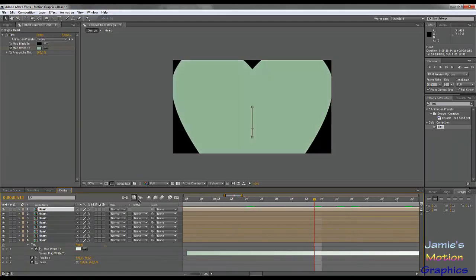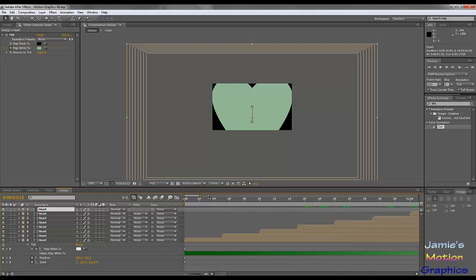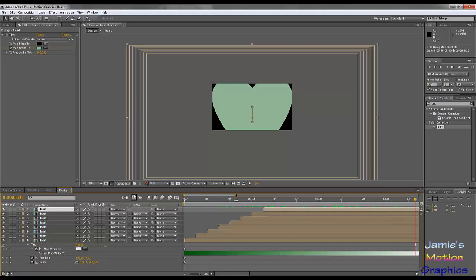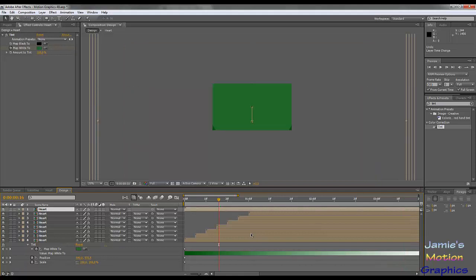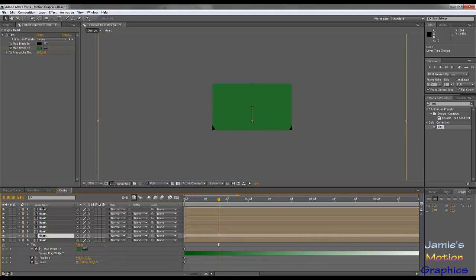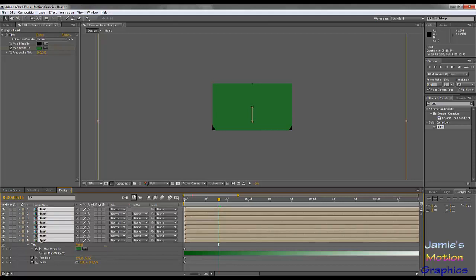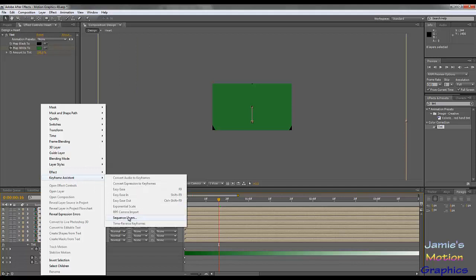Okay, so what it now looks like is, well, actually, let's just go a little bit forward. I'm not sure why they're not showing up. Are they too close together? Maybe 5 frames is too close together. Oh, and maybe I did it the wrong way. Okay, so we're going to do it the old-fashioned way, I guess. Yeah, I wanted to do it by hand just to show you that it's not a lot of work, but